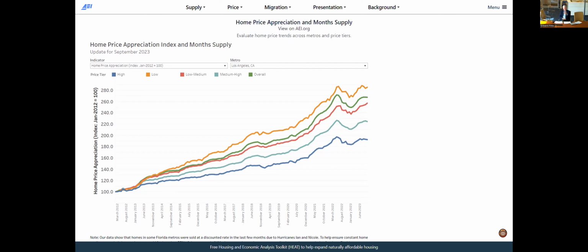And the second reason is that the supply availability at the low end and the low medium end tend to be in months inventory less than for the other price tiers. There are just a lot of supply and demand issues going on that tend to lead to low supply, high demand, high leverage, that tend to lead to higher home prices overall,